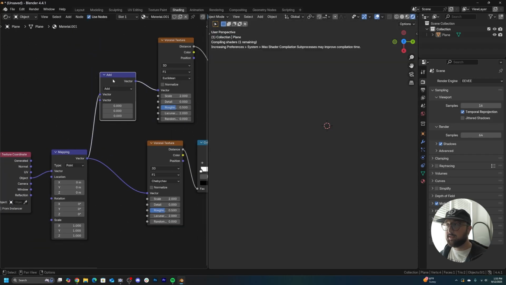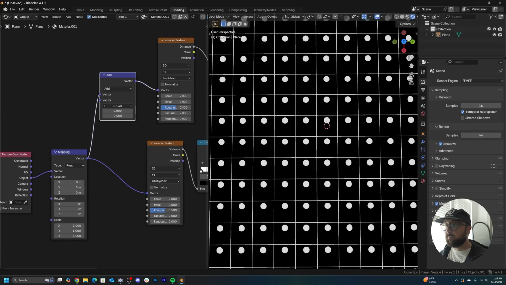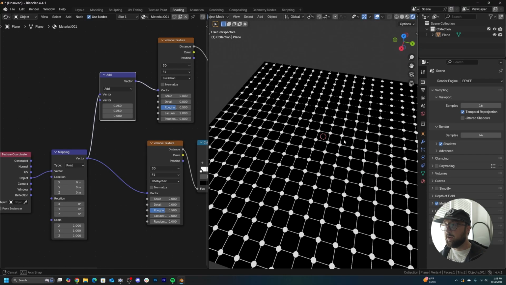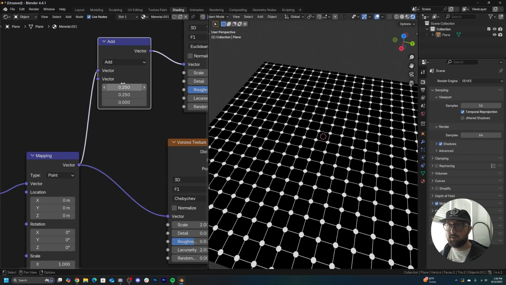So you would just plug this here and go, all right, I'm gonna move it up like this, and then I think 0.25, and there you go. Now you have 1 in the middle. So